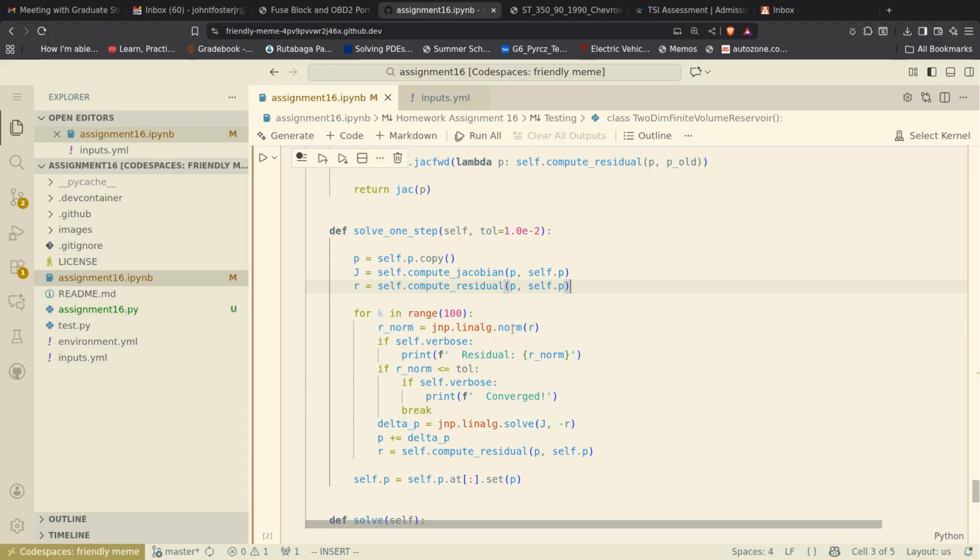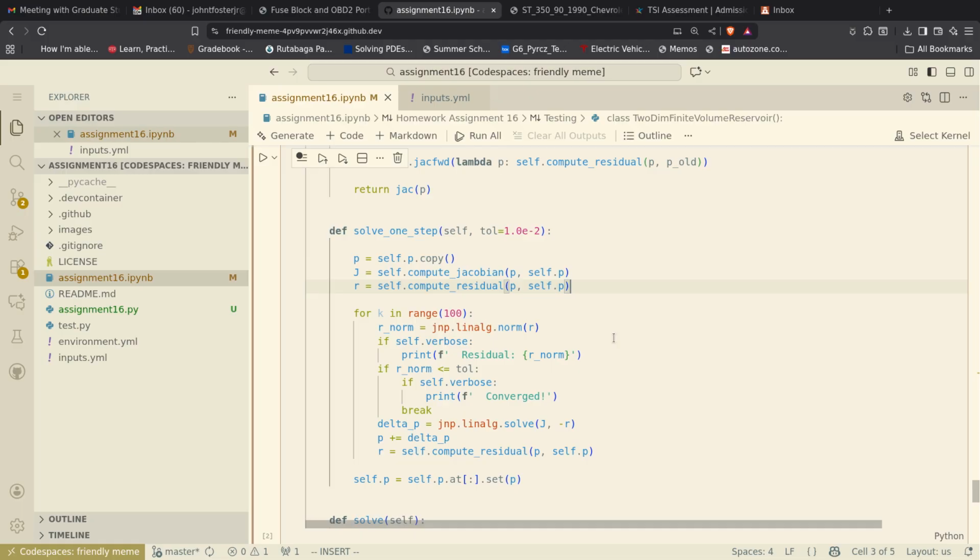and then first thing we do is compute the norm of the residual. So you get a scalar value. Again, if we have an exact solution, if we know the exact p, what's our residual vector expected to be? 0, right? 0 vector, so it's 0, 0, 0, 0, 0. What's the norm of the 0 vector? The default is the L2 norm, so the square root of the sum of the squares of the elements. So if I have 0 squared plus 0 squared plus 0 squared plus 0 squared plus 0 squared plus 0 squared, square root of all that, what is it? It's 0.0, right? So our R norm becomes a condition on which we can terminate our loop,